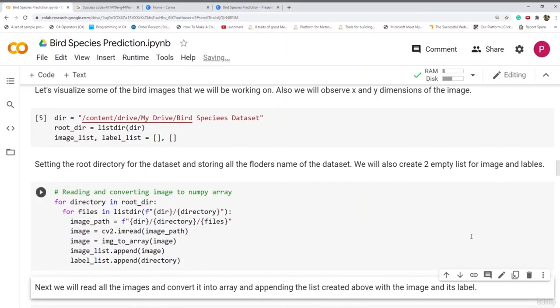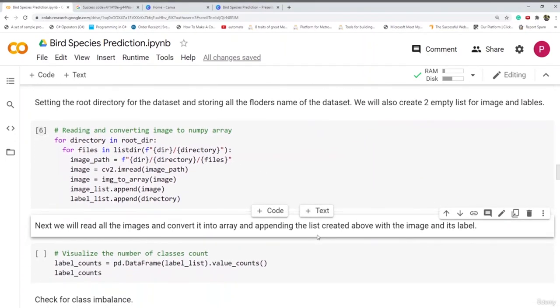It took me around 10 to 15 minutes to convert these arrays into a NumPy array. So now let's move forward. Now let us visualize